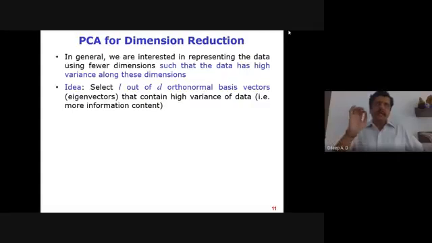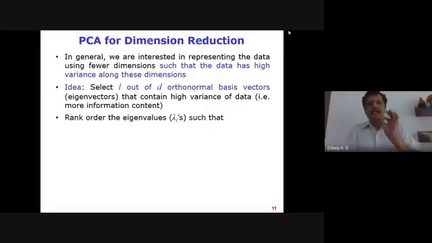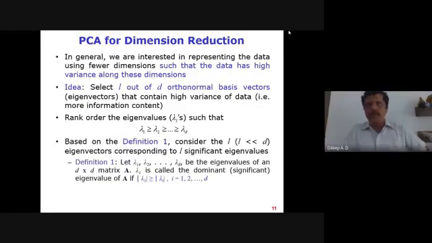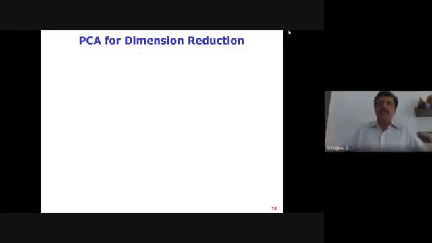That means that we select those L orthonormal vectors for which their corresponding eigenvalues are significantly large. What we do basically is rank order these eigenvalues in descending order. We select the leading L eigenvalues, the larger ones, and the corresponding eigenvectors are my directions of projection on which I will be trying to project. So now the second question is also solved.